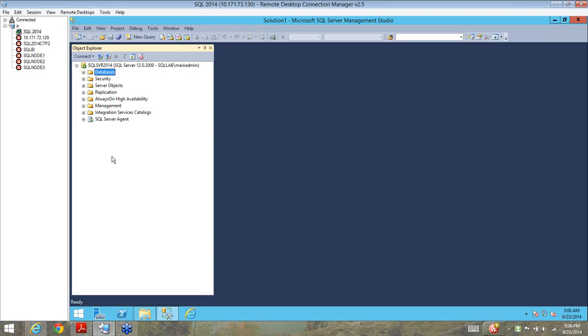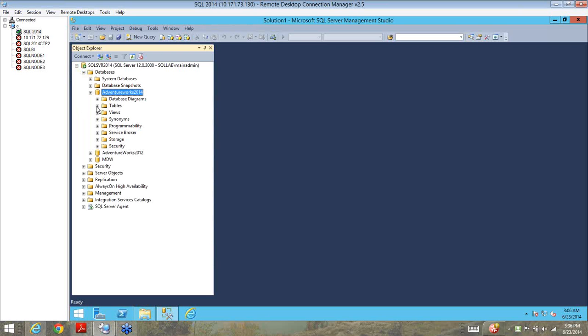This is a virtual machine that I've created, and there is an instance of SQL Server 2014 installed. Just to give you an idea about the background of what we are going to do, I have an AdventureBooks 2014 database, all right? Now, if I expand this database,